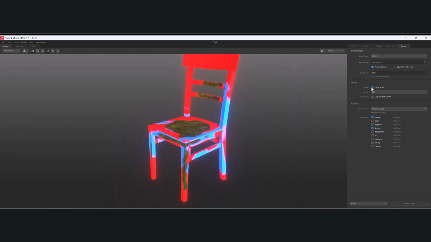And I also want to export this model. Now, I guess we could create a subfolder, but we're going to do export as custom, and we'll do open folder after export. Now I'm going to go back to Unreal really quickly,